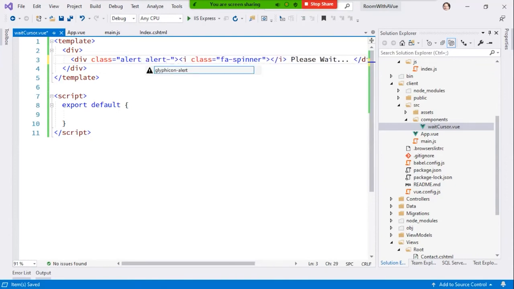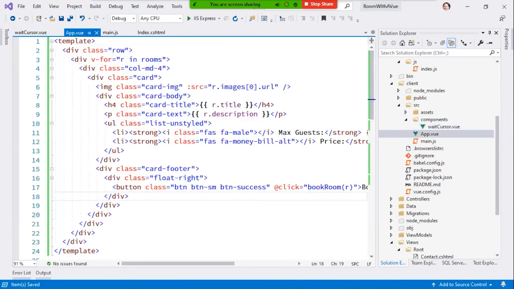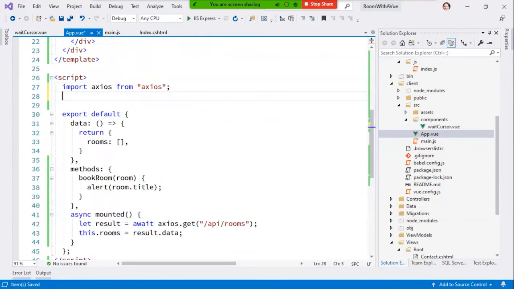dot warning. So I've created a very simple component, just markup at this point. And how do I use it in Vue? Well, first, I import it